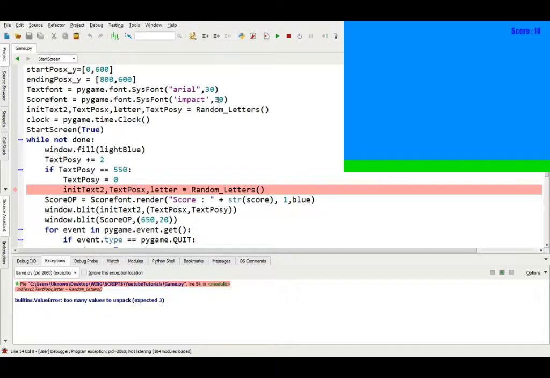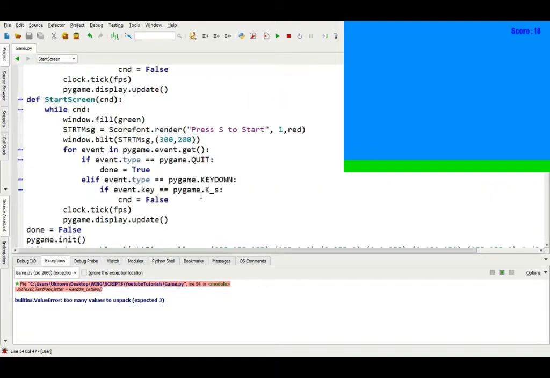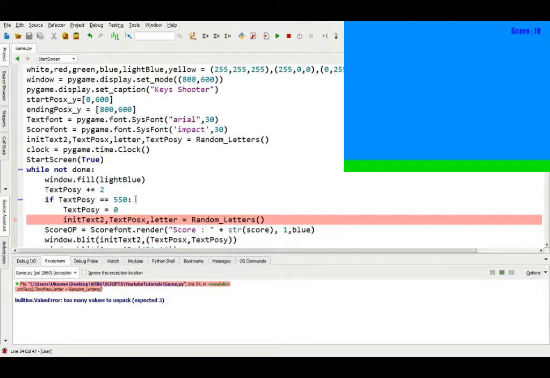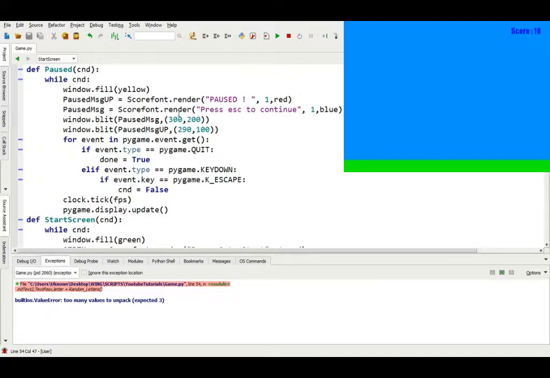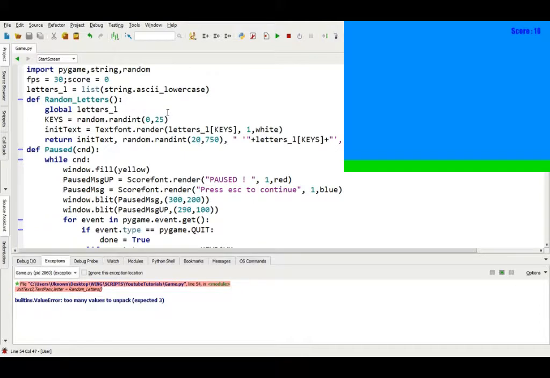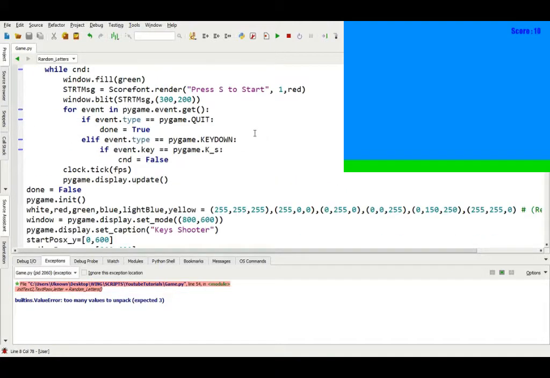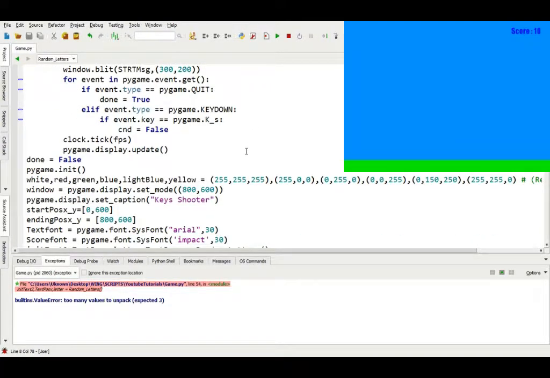We're gonna see a problem, so we're gonna call the random letters, and we got too many values to unpack. Expected 3. So what did you give us? That was working pretty fine a moment ago. So what did you give us in here? Let's go to the random keys. We got 1, 2, 3 and 4. Oh yeah, we got the position 0. Okay, so we forgot one position in here,